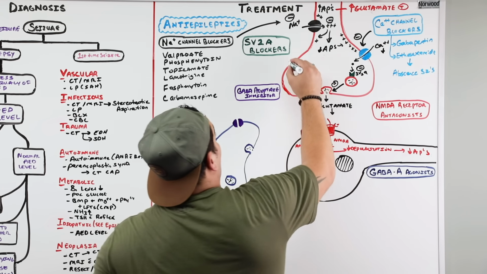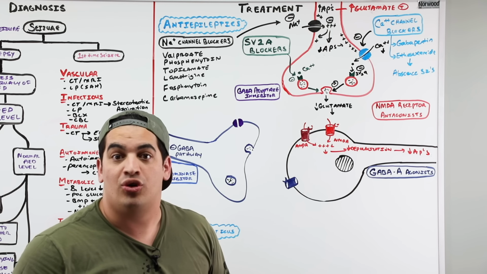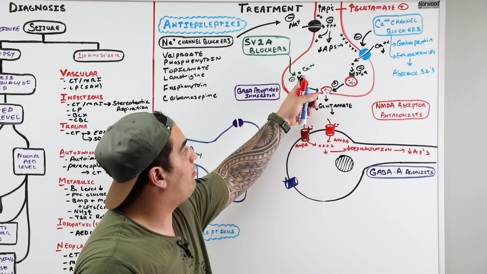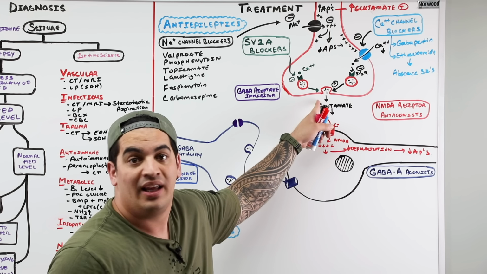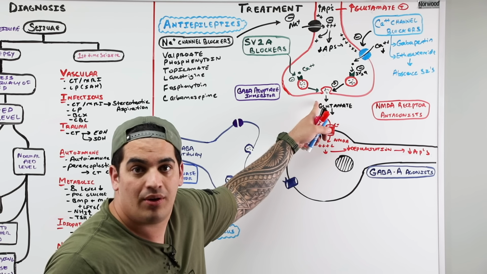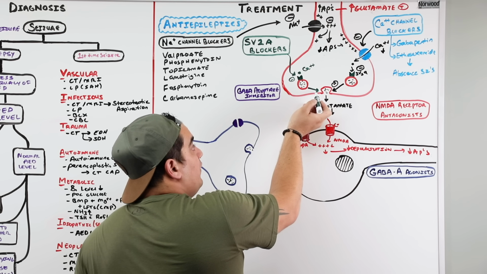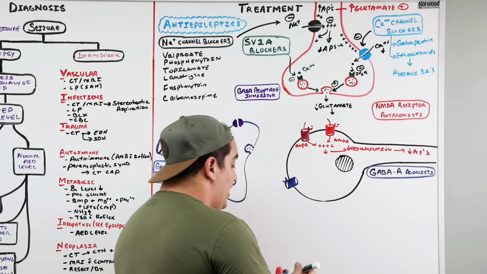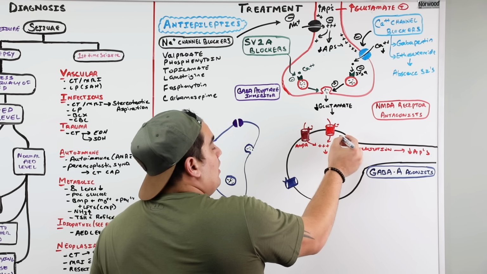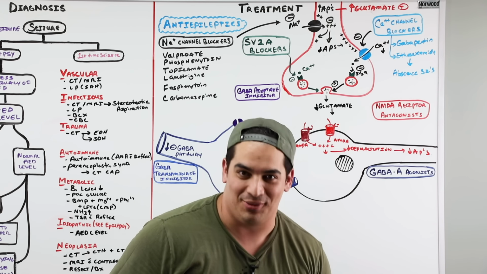What if I give a drug that blocks calcium from binding to the SV2A receptor, or blocks that synaptic protein from fusing with the cell membrane? Either way, whether it's not interacting with calcium or not fusing with the cell membrane, what's the end result? Think about it. Less of this SV2A binding with calcium or fusing with the cell membrane results in decreased glutamate release, because you're having less fusion with the cell membrane. Less NMDA, AMPA activity, less cation influx, less depolarization, less action potentials.